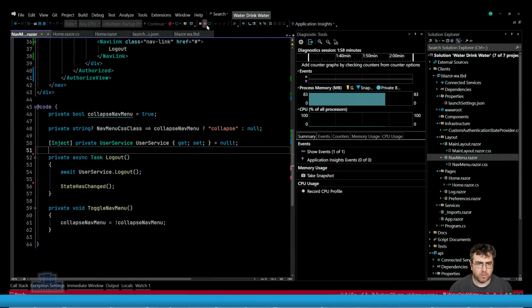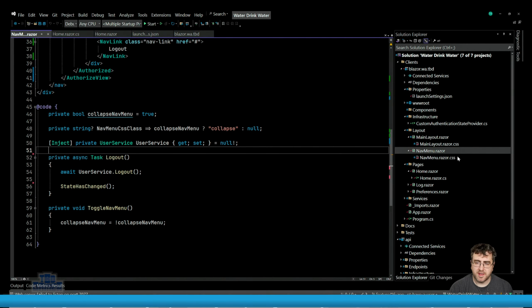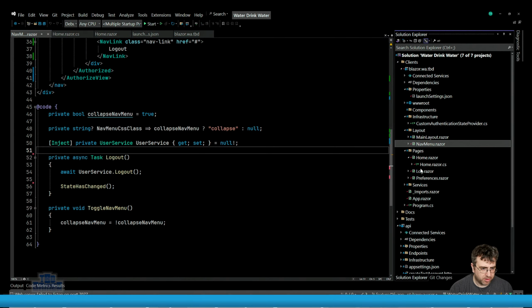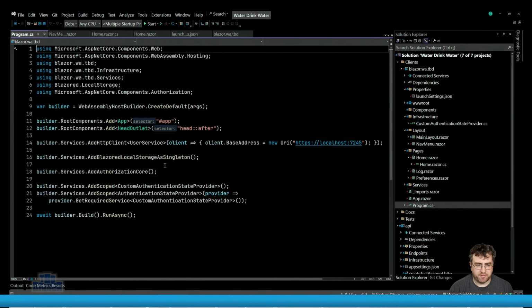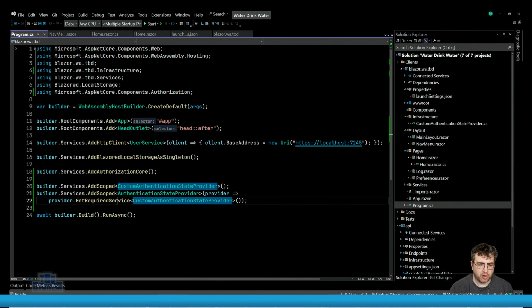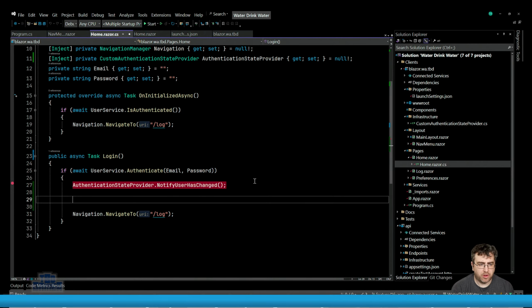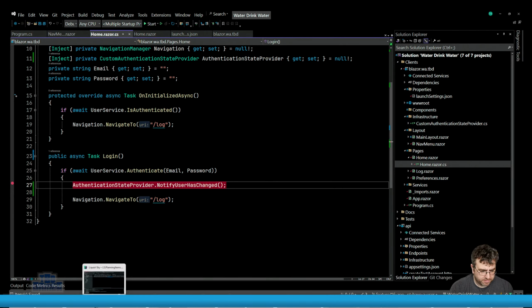But let's do what one line suggests, because at this point there's nothing I can do wrong. What I'm doing is exactly what it's telling me to do. I'm configuring the provider the way they're suggesting, setting it up as scoped and then doing this. That should work fine. When I log in, I'm doing this, which is one method of making this call. I could do status change, but I don't think that's necessarily the right thing. So let's start